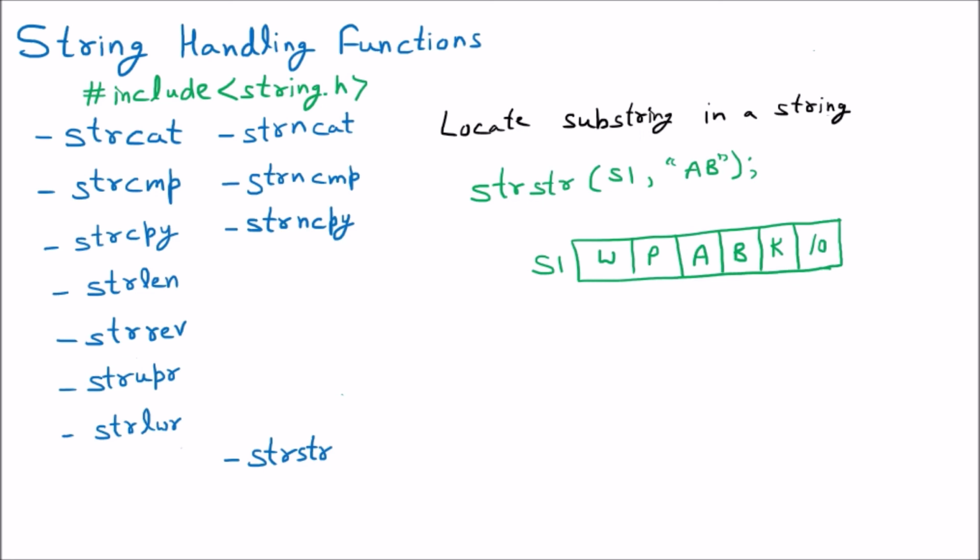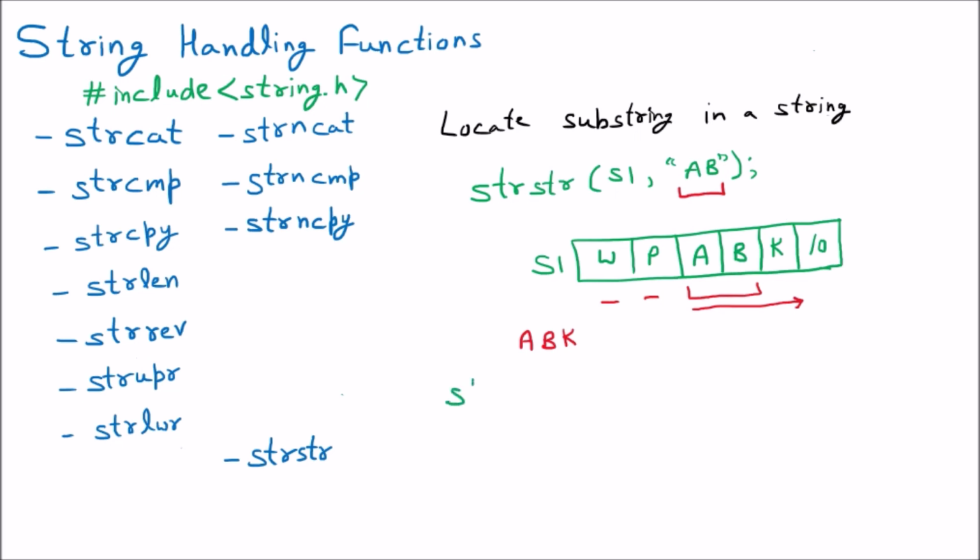So let us suppose that we are having s1 as the character array in which we are having certain characters. Now here it is going to find out AB as the substring. So first of all it will check where is the AB. So we can see that AB is together here. So starting from AB till the end, meaning it will find the /0, it is going to print that. So the answer of this will be A, B, K. So the whole term from the substring till the end will be printed. I am taking one more example to make you understand.